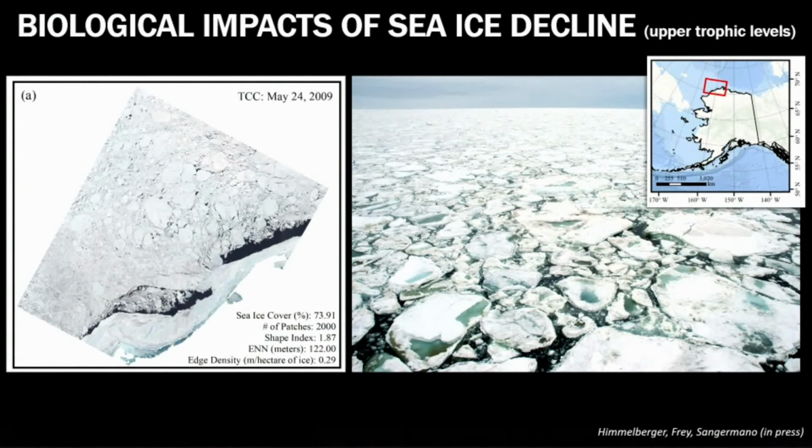But each pixel being 30 meters of area gives us a really clear indication of the shape and morphology of those individual sea ice flows, something that you might not be able to get at with lower spatial resolution data. And this is a picture that I took up in the Bering Sea, but it really gives an indication of the type of accuracy that we have with being able to classify those sea ice flows as well. And as it turns out, the size and the shape and the distribution and the morphology of those individual sea ice flows can tell us an awful lot about